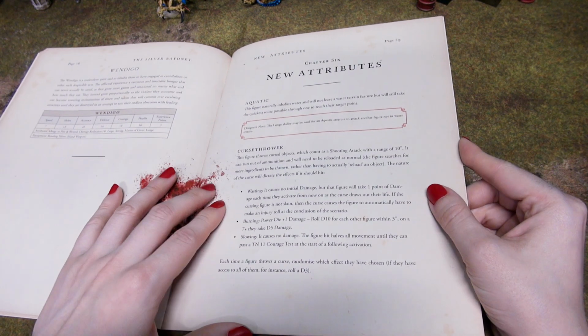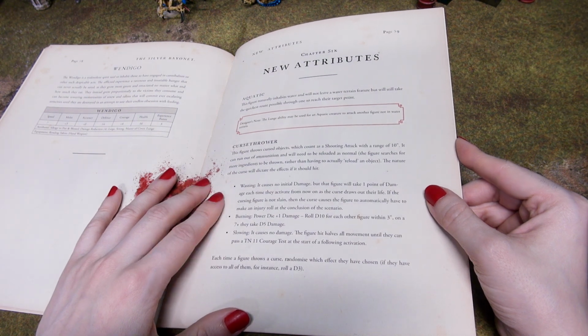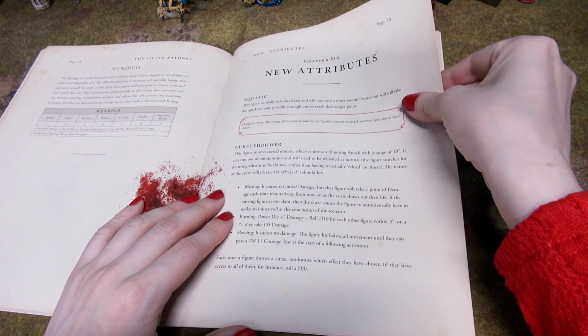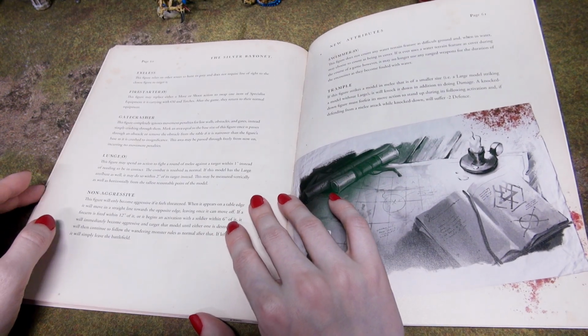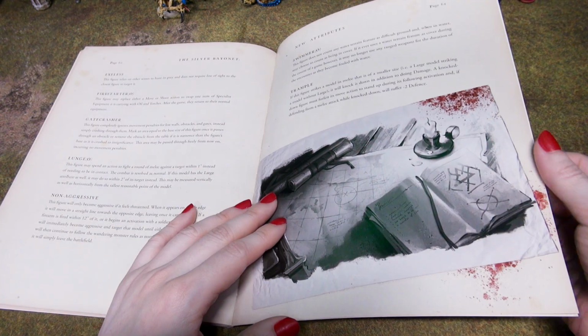And then we've got new attributes. The lunge ability may be used for an aquatic creature to attack another figure not in water terrain. So: aquatic, curse thrower, eyeless, fire starter, gate crasher, lunge, non-aggressive, swimmer, trample,